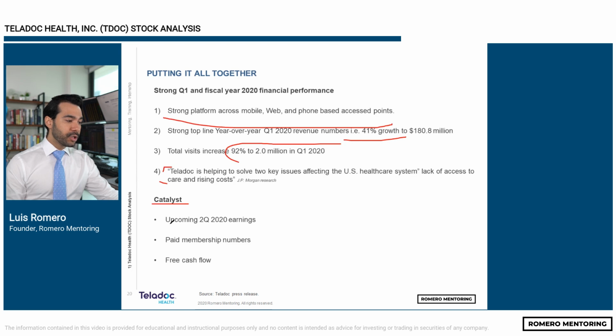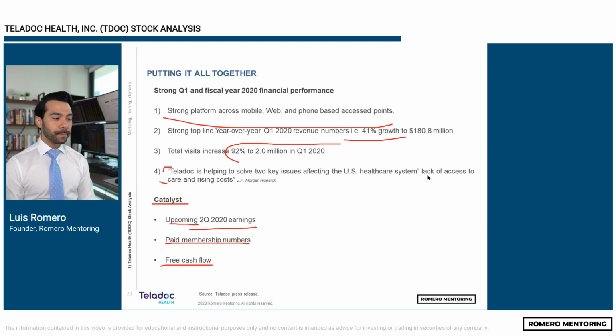Upcoming catalyst is Q2 earnings. Pay close attention to the number of paid membership numbers and also free cash flow. Can they improve their free cash flow numbers? And lastly,